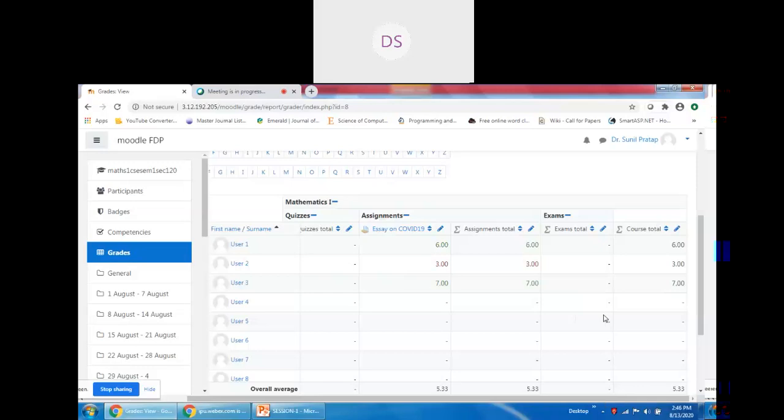Sir, when I am allocating the marks, my total has come up to 300. So I am repeating the process for the allocation of the marks. Your total is 300 for 3 different components. For the assignments category, you have given 100 marks. For quizzes, you have given 100 marks. For exams, you have given 100 marks. I am doing something wrong, so I want to repeat the process, sir, for any one component, either quiz or assignment.